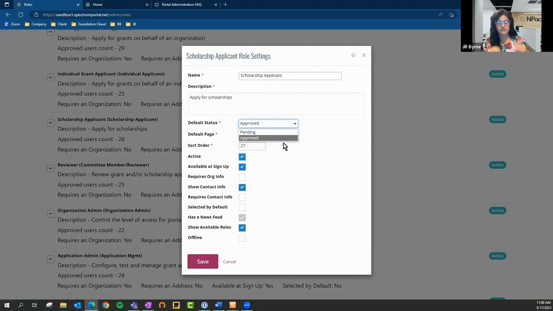So that's the big difference between those two options, and it might be appropriate for certain roles that you have at the organization if you don't need someone to look at those. And then active, this checkbox is the one that's going to surface that role as something for someone to be